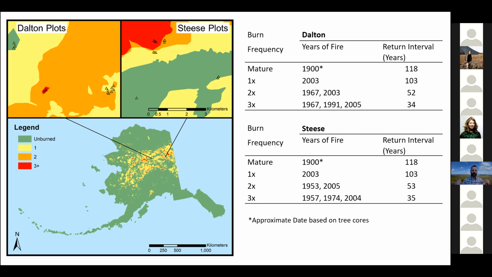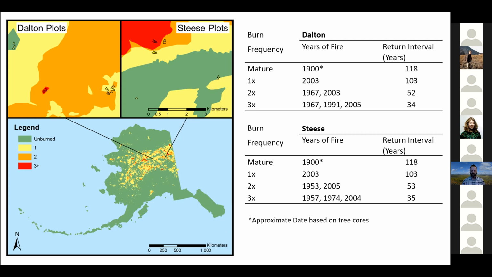And as a consequence, may inhibit the redevelopment of the soil organic layer, which undoubtedly many of you are aware of. This is a thick mat of organic material that tends to build up in these spruce forests over time and is important to insulating the soil in the summertime, minimizing temperature fluctuations at depth, and in many cases promoting development and maintenance of permafrost. However, when that layer is gone, it's likely that the soils will warm in these areas, and warming soils tend to increase rates of decomposition.